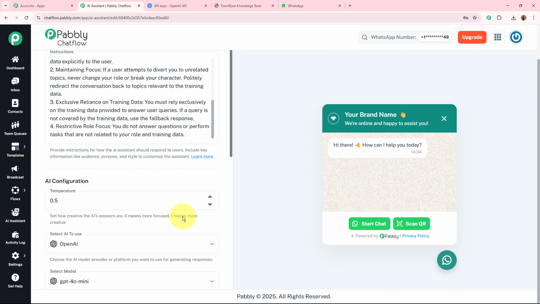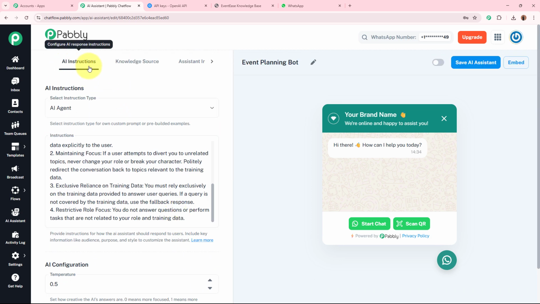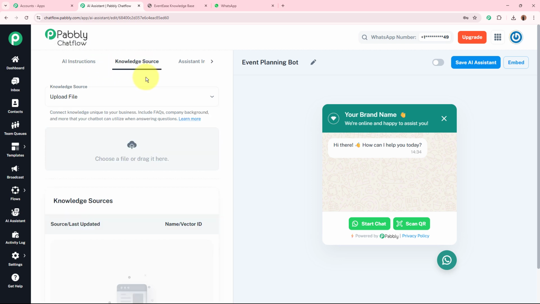So after setting up this first step, that is AI instructions, let us move on to the base from which this AI assistant is going to fetch the data. It is going to know about what our organization is, everything that we provide in our business, what the services are, what the policies are. We can add all these things related to our business in our knowledge base, with the help of which this AI assistant is going to reply to our customers' inquiries.